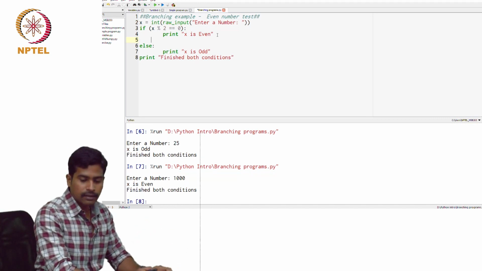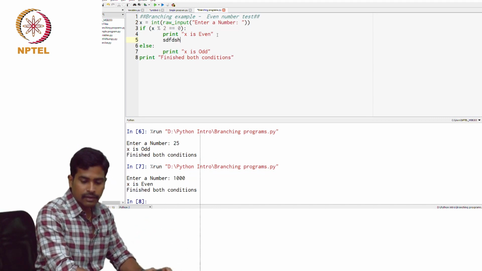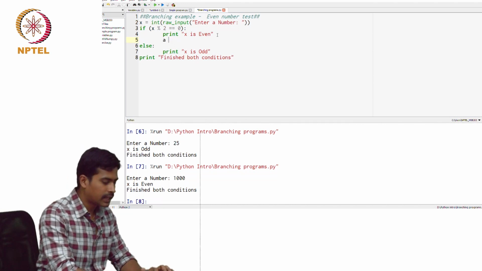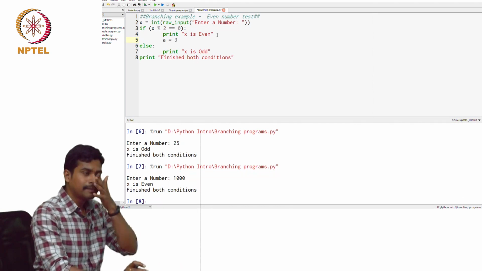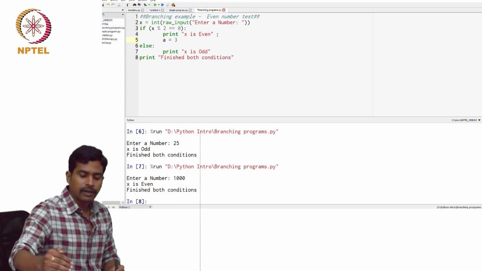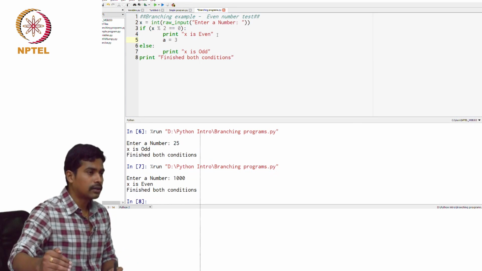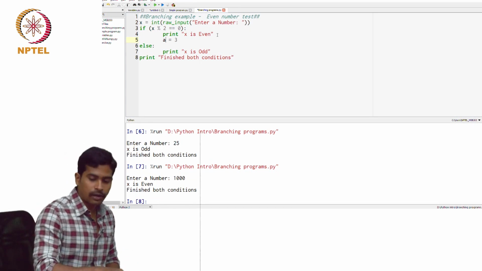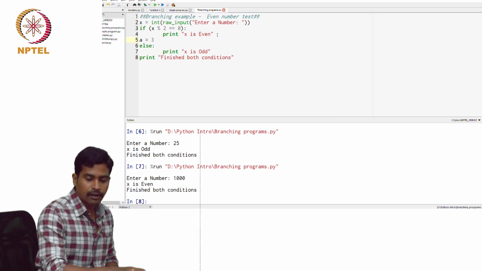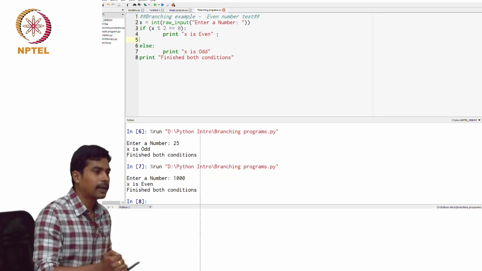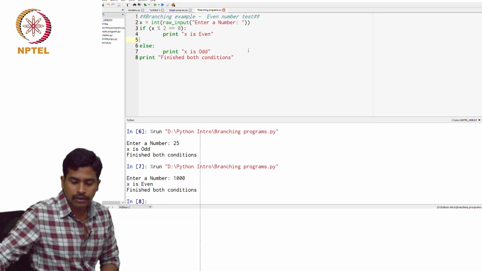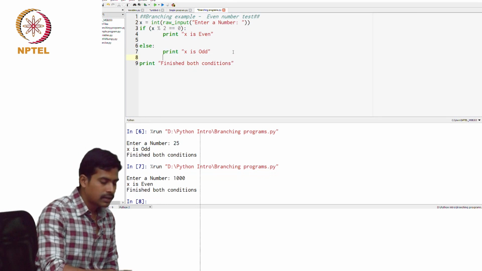Otherwise, if you write the statement here itself, for example, if you say a equal to 2 or 3 or something, the program will execute in this block. For example, if you want to execute this statement irrespective of what happens, you cannot write it here because if should be followed by else. So you have to move to the starting,